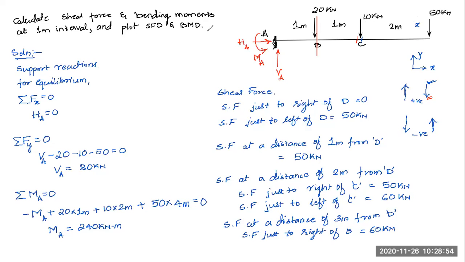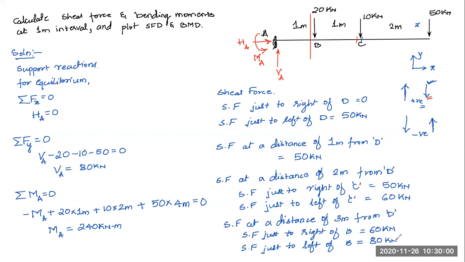Okay, and once I cross this concentrated force, now what I'll do, I'll move my section to the left of this point B. Okay, I'll place it over here on this side to the left of B. Now you go for calculating the shear force here. What happens to the shear force? Left of B. So what are the forces to the right side of this section? 50 downwards, 10 is also downwards, so 50 plus 10, and this 20 kilonewton force is also downwards, so 50 plus 10 plus 20, that will be 80 kilonewton, and resulting force will also be in downward direction. So any force to the right of section acting in downward direction will be assigned a positive sign. So here it is 80